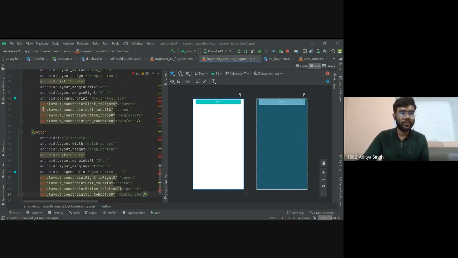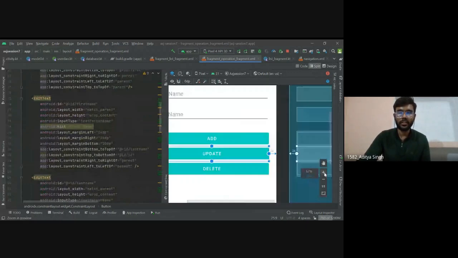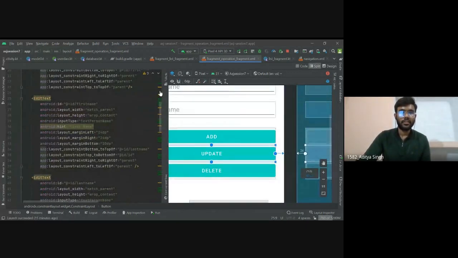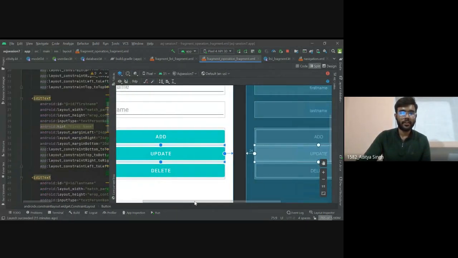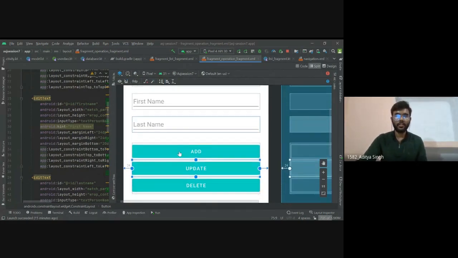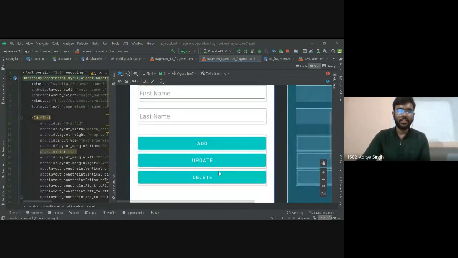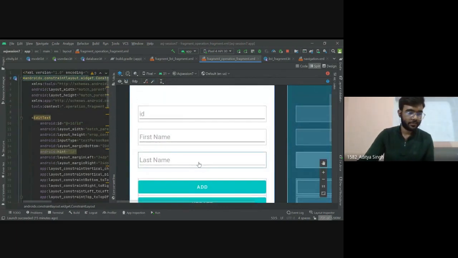So this is the code. Let's create a new space declaration. This is how it looks. You can see I have created three fields for ID, first name and last name, and then three buttons for addition, updation and deletion. So this is our simple layout.